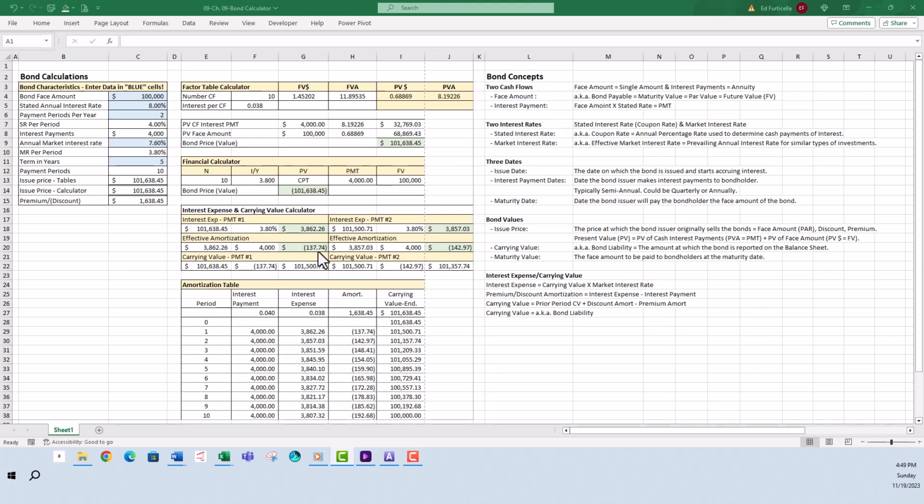The amortization that is taking place is referred to as effective amortization because the effective market rate of interest is used for the calculation. To determine the carrying value for the first payment, we subtract the $137.74 from the initial carrying value of $101,638.45